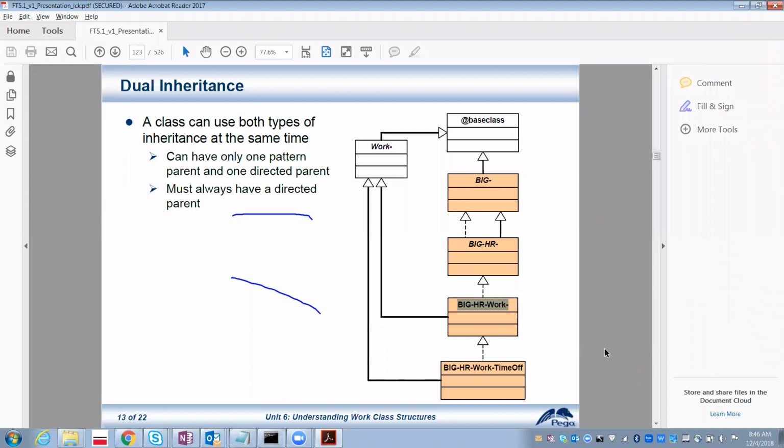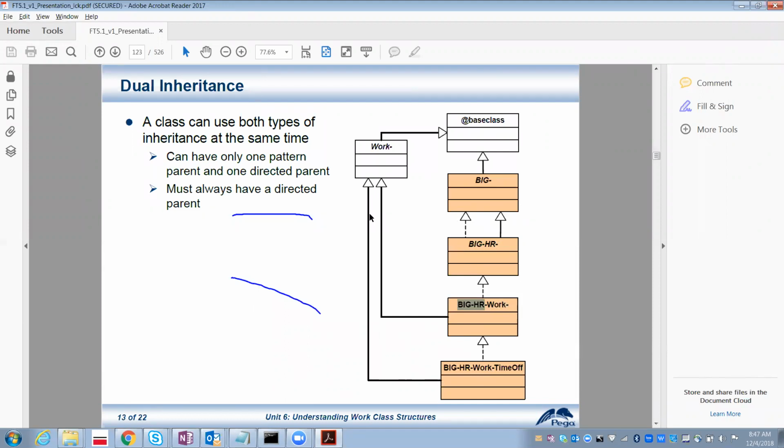So here you should get one doubt. Can you tell me what doubt you got? You should get the doubt in this part. If you take this class Big-HR-, this is the pattern, and it is also extending from Work-, which is not a prefix of this, so this is the direct.